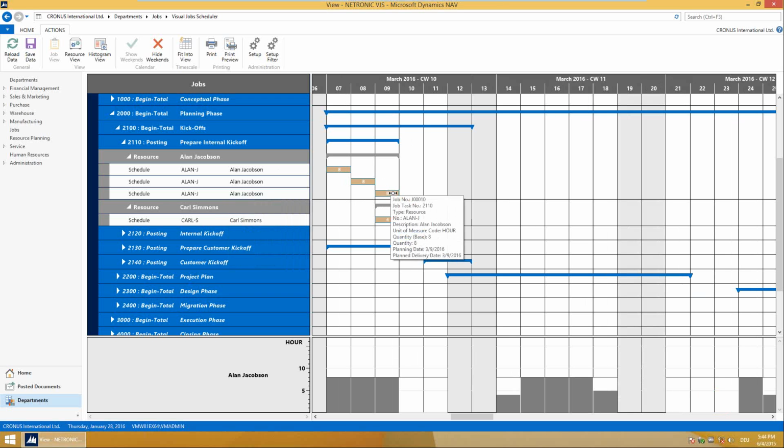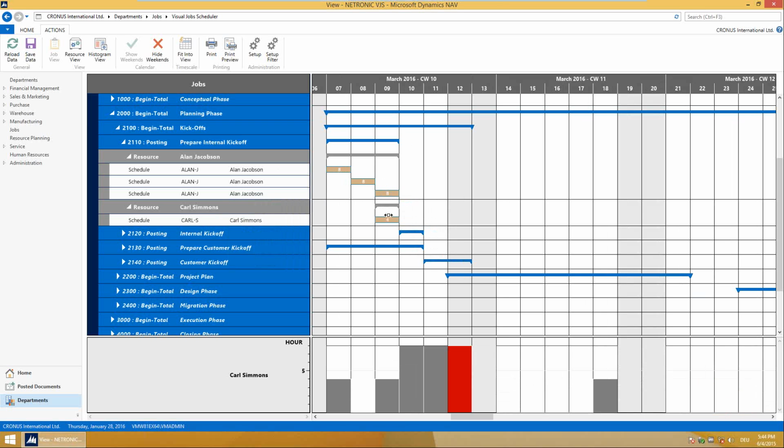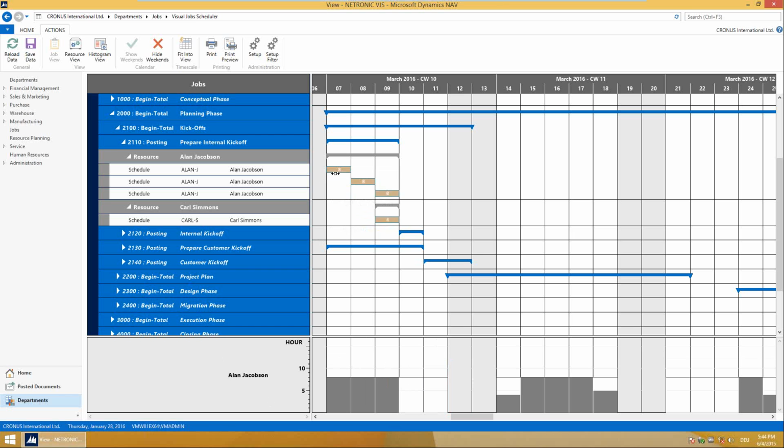So here we see 8 hours that we need Alan Jacobson, and here we see the 4 hours for which we need Carl on that day. And these 4 hours then, of course, get represented down here in the histogram, where we set up Carl's calendar in a way that he works 5 days a week, 8 hours a day. And now, if for some reason the preparation of the internal kickoff is delayed by 1 day, then